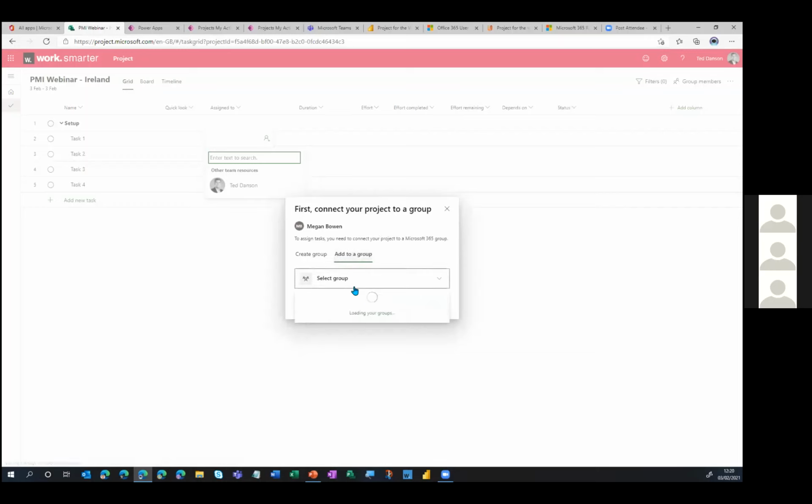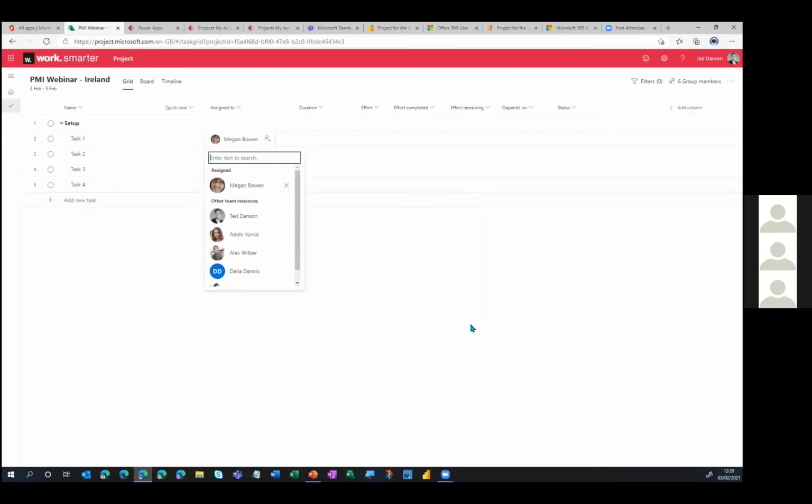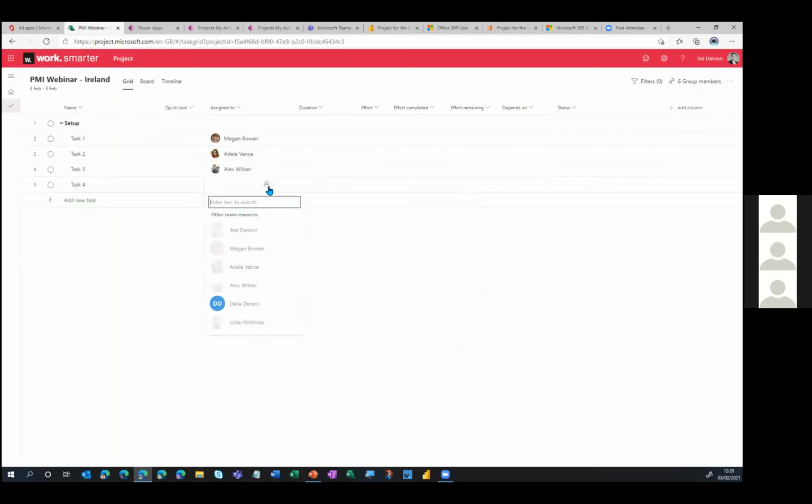I'm going to go and add this to an existing group that we have, and it is going to be this one here, add and assign. And as soon as I've done that, you'll notice that the number of group members has jumped up, but straight away, I've actually got a pre-populated list of team members now. I can, of course, go in and add other people to this as well, but we'll keep it simple. I'll add a few people in. So let's assign something to Alex and something to Lydia as well.